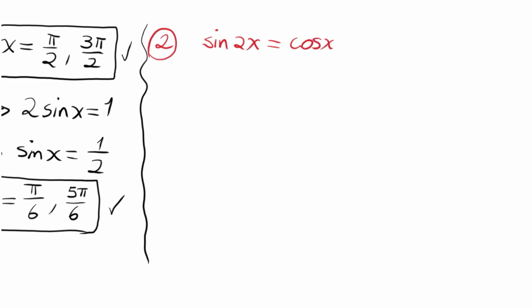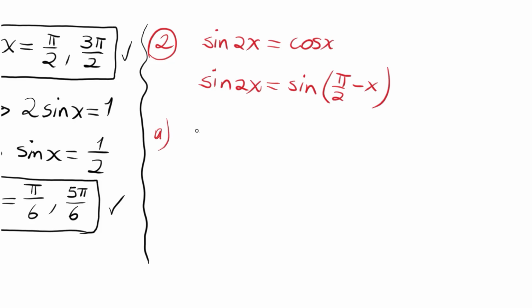Now if we express our cosine x as sine of pi over 2 minus x, remember, if two angles sum up to 90 degrees, then cosine of one is equal to sine of the other one. Now we will have two